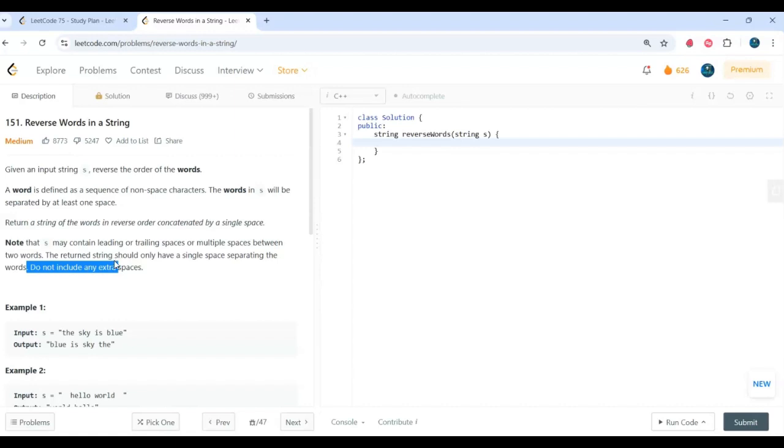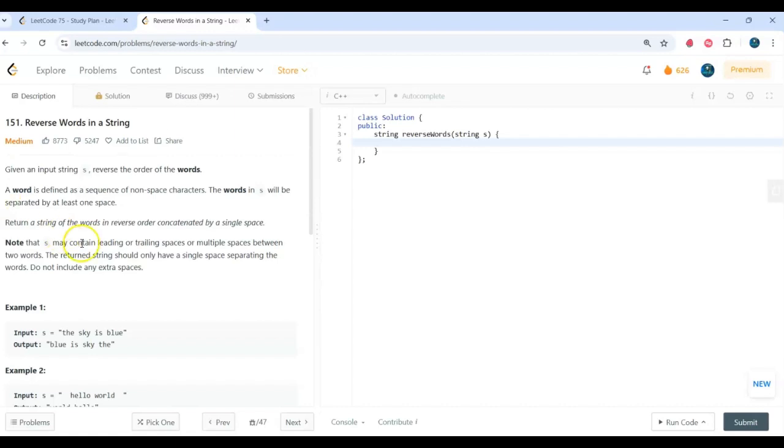So in today's video, we'll be solving a really interesting string manipulation problem, that is reverse words in a string. We'll start with a brute force approach and then move towards an optimal solution. So let's dive right in. The problem is simple. You are given a string S and you need to reverse the order of the words. The words are separated by spaces, but there might be multiple spaces between them or even leading and trailing spaces. So the goal here is to return the reversed words with only one space between them and no leading or